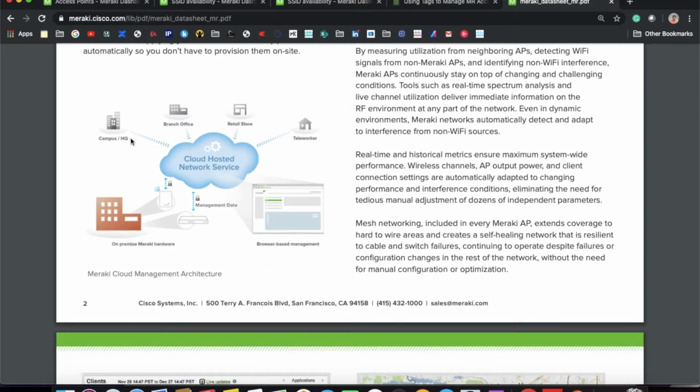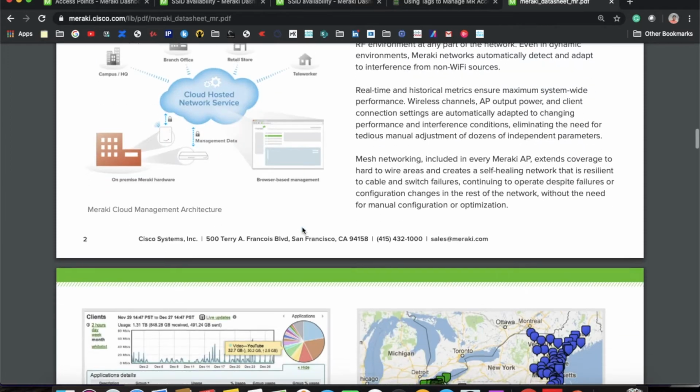So you can create a separate network for each branch office and for your headquarter, and if you have any customer locations, or let's say you have any data center or whatever the location is, you can create separate networks and manage them from one single dashboard, and that dashboard can be accessed from the internet. So multiple people, if they are located across the globe, can just log into the dashboard using an internet connection, and they can manage the entire wireless infrastructure.